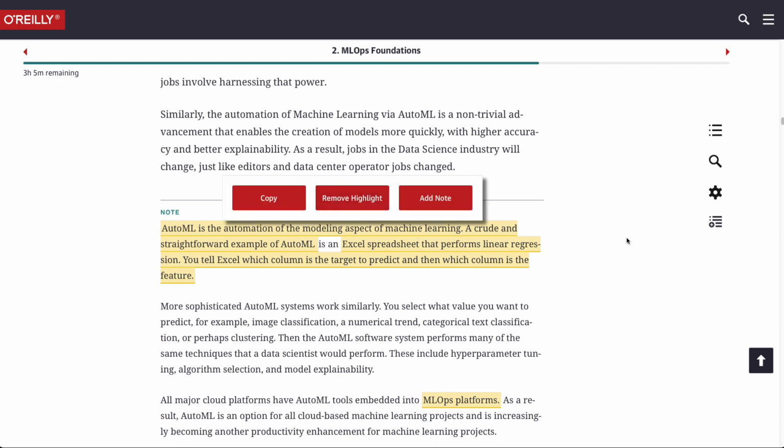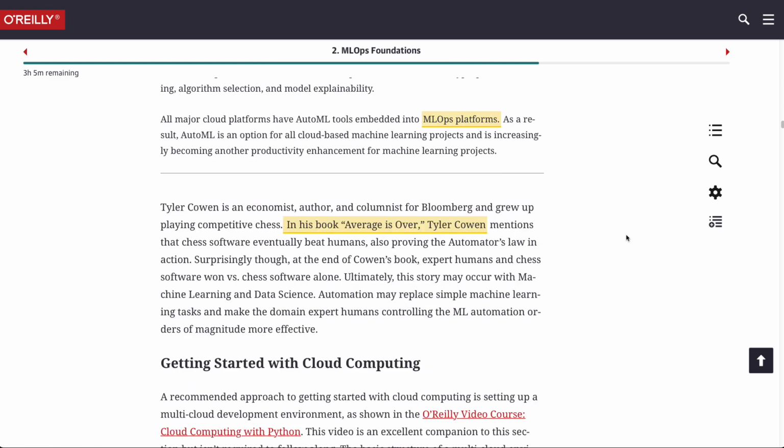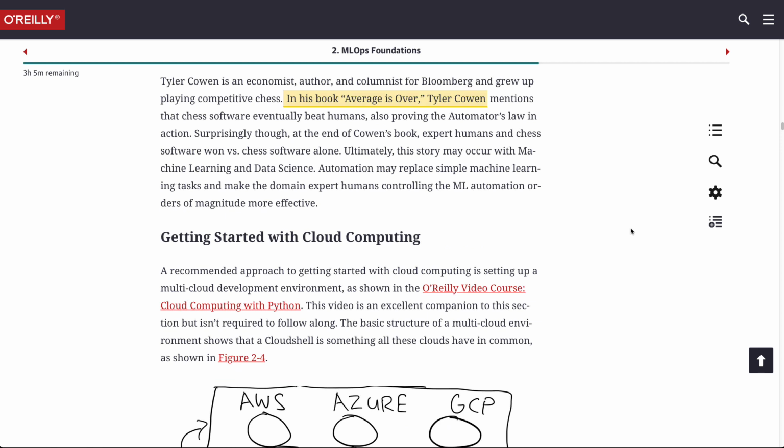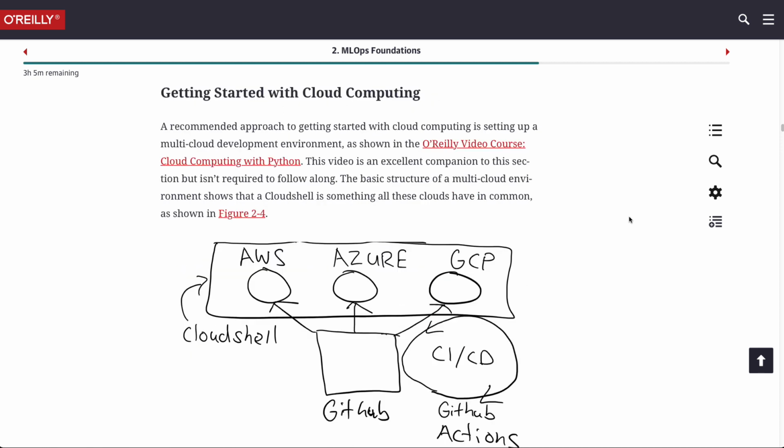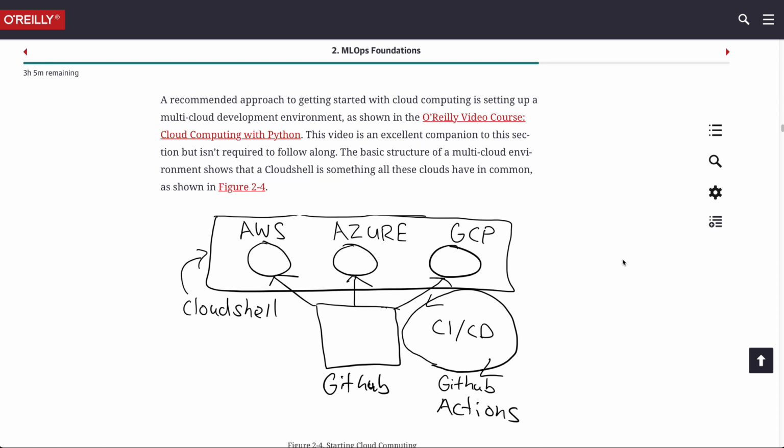AutoML, I think, is another one to point out that can be really helpful, in that it can help you automate things. But let's just really briefly talk about the cloud computing. We've just started to touch on a little bit, but one of the big takeaways is that, again, typically the